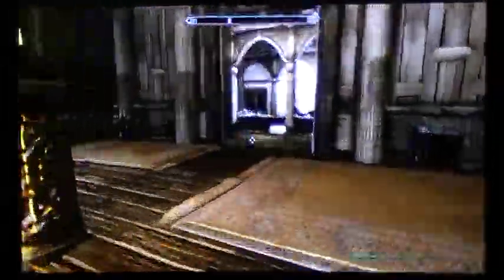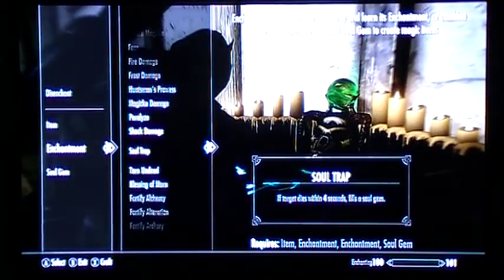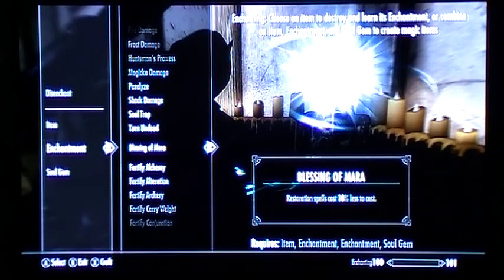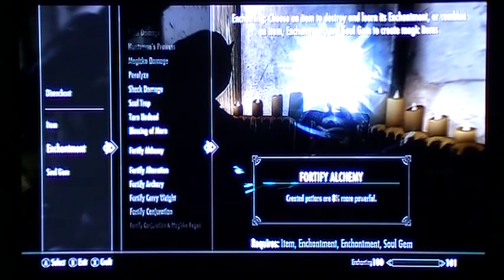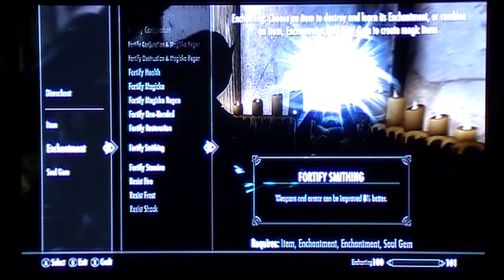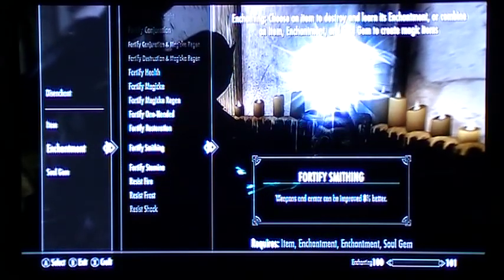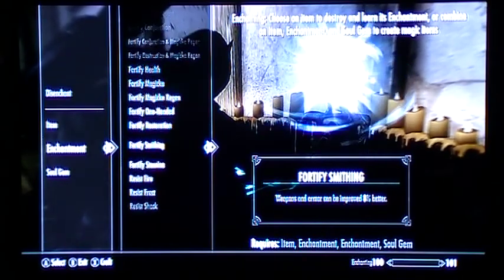That is basically it. I'll show you the Blessing of Mara enchantment I was talking about. That didn't work, so I had to compensate. It is right here. Restoration spells cost 10% less. I don't know why when I click on it, it doesn't move. Same thing with my 4-5 restoration. Maybe I glitched it. I hope not. Don't want to do anything game breaking. Then again, nothing works. Increased stamina only works, but nothing